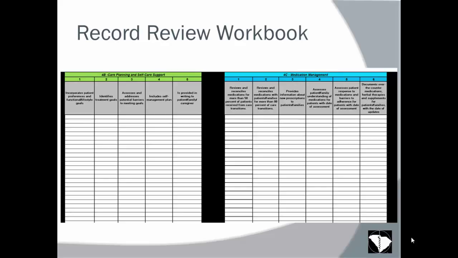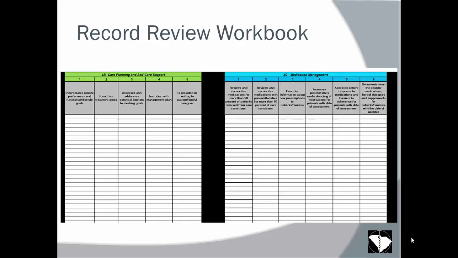And so what NCQA wants you to do is, instead of all your patients, they want you to pick a patient sample size of 30 patients. So you'll have 30 patients that you'll do a chart audit for. And all you do is you pick those 30, and there's a certain method for picking the 30 that I'm not going to go into today. But once you've selected your 30 patients, basically at random, you then go into each of those patients' charts,